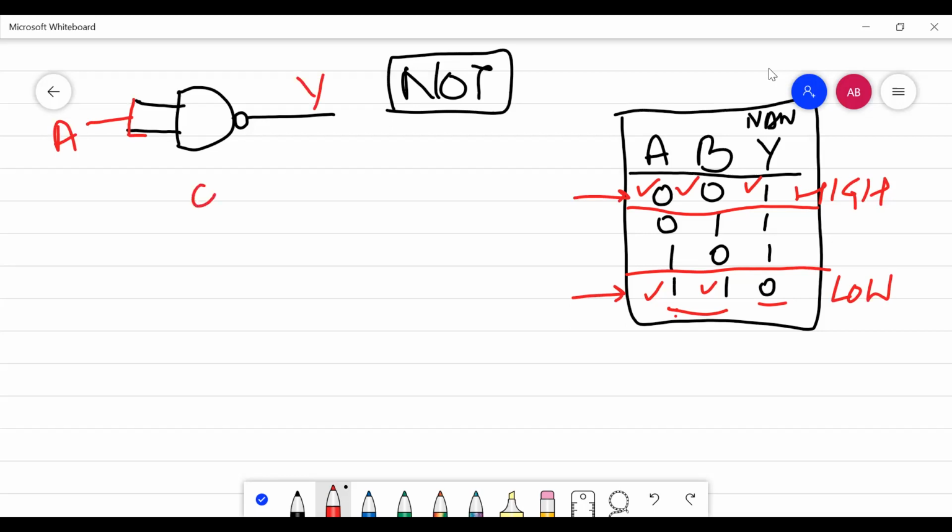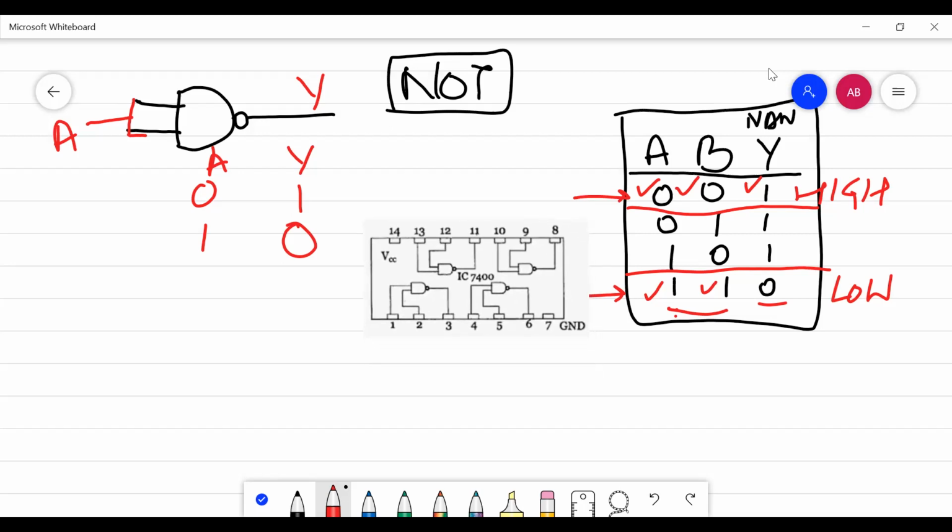So now if I give A as 0, Y will be equal to 1, and if this is 1, this will be equal to 0. So now how are we going to implement the same thing on Tinkercad? Just see here what you have to do. You have to connect this to your VCC, that is 5 volts. You have to ground this. Now what you have to do is just short these two points. You have got that switch here, this was your switch.